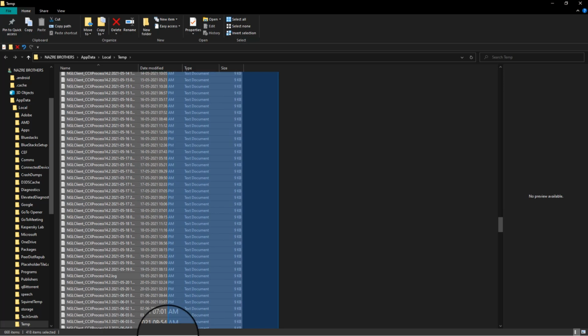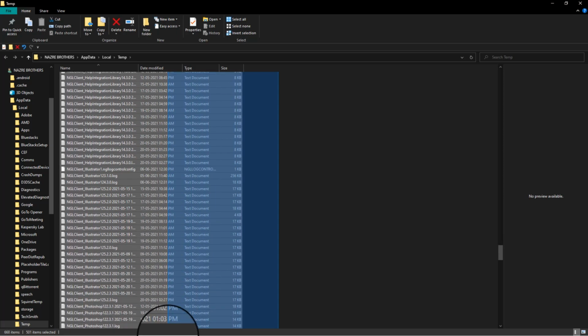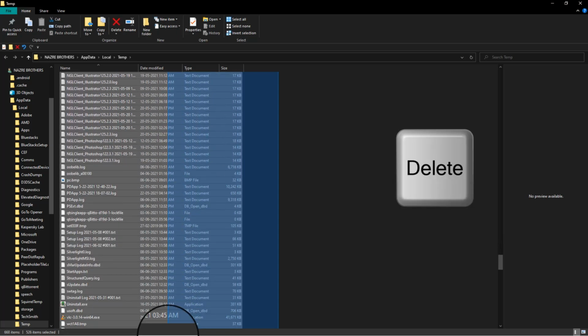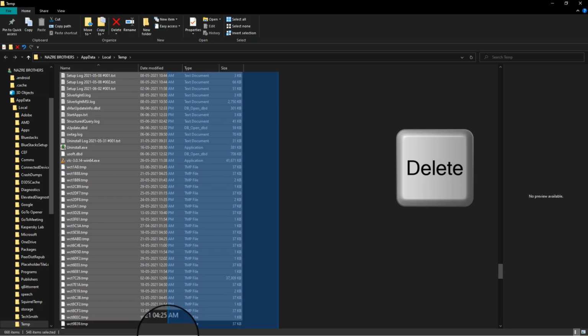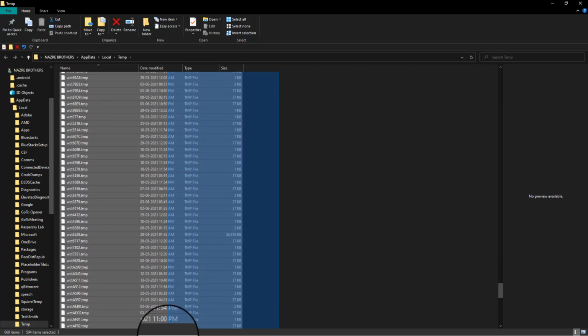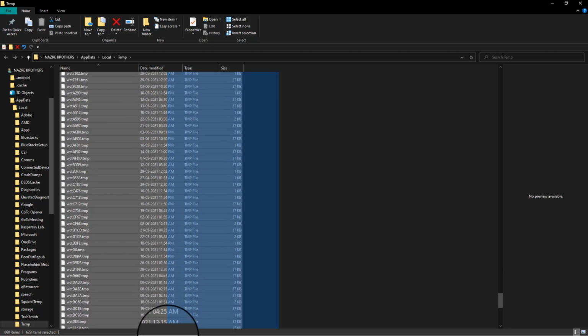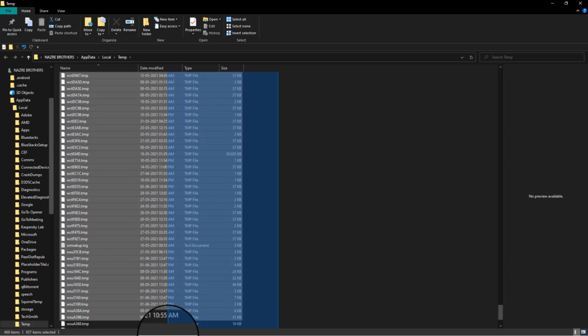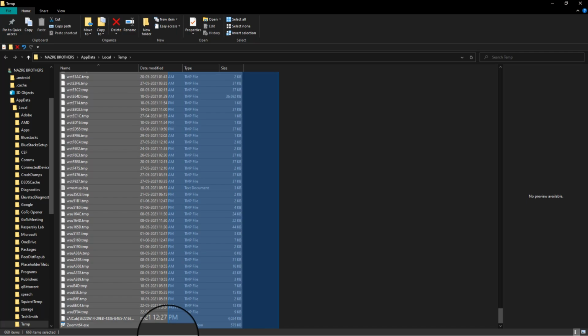So you may get surprised of not knowing these many temporary files existed on your hard drive or C disk. Okay, now you can press on delete key on the keyboard.